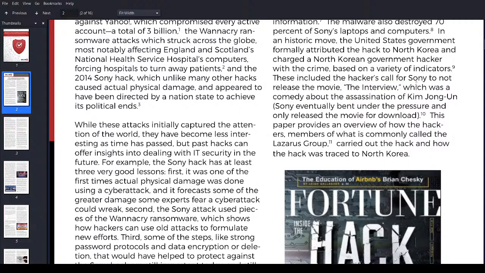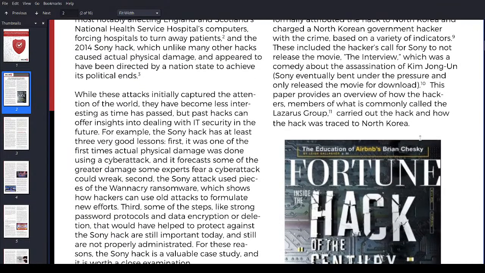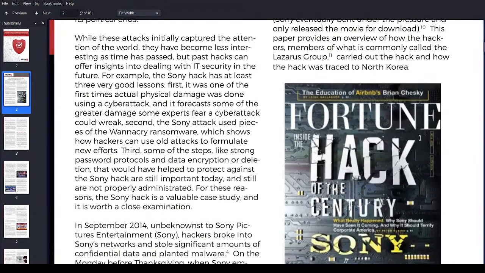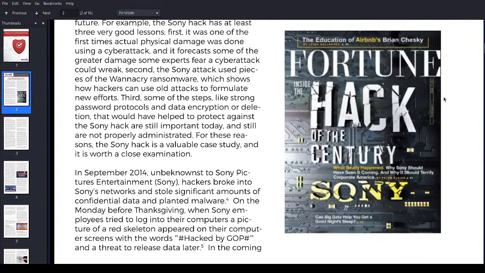I thought it was The Dictator, which was a comedy about the assassination of Kim Jong-un. Sony eventually bent under the pressure and only released the movie for download. This paper provides an overview of how the hackers, members of what is commonly called the Lazarus Group, carried out the hack and how the hack was traced to North Korea.